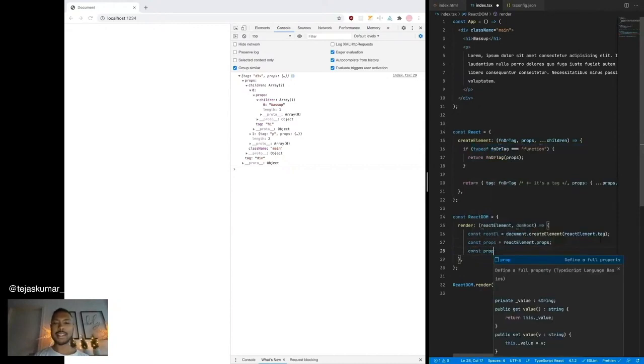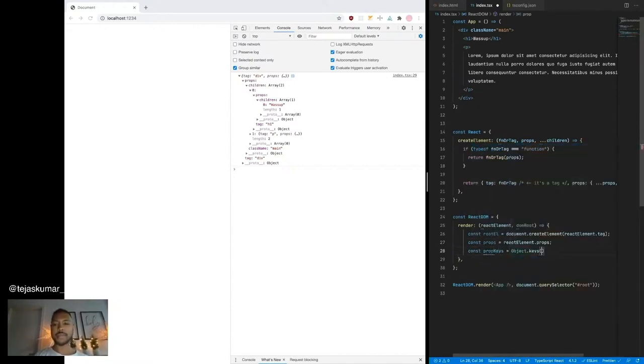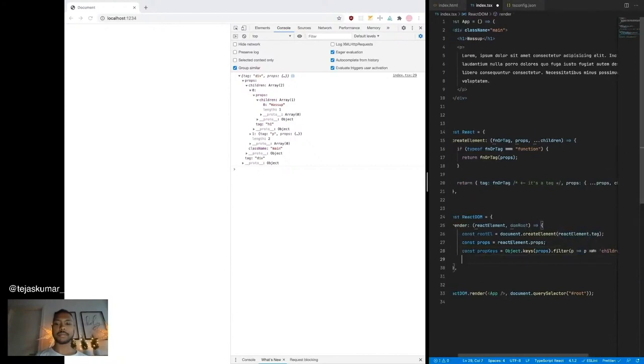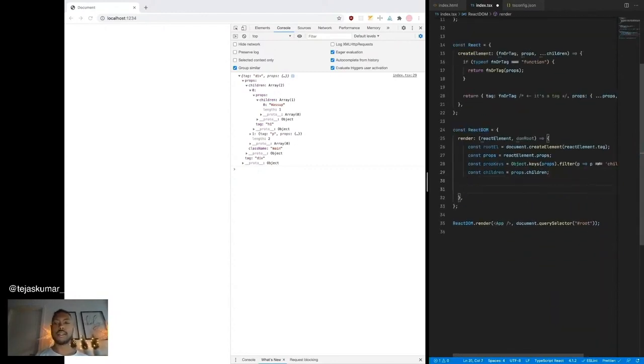I want the keys, and I want to filter them because I don't want children here. So I'll just get everything except children. And of course, I also want children separately. So props.children. All right, nice. So let's do stuff with these.